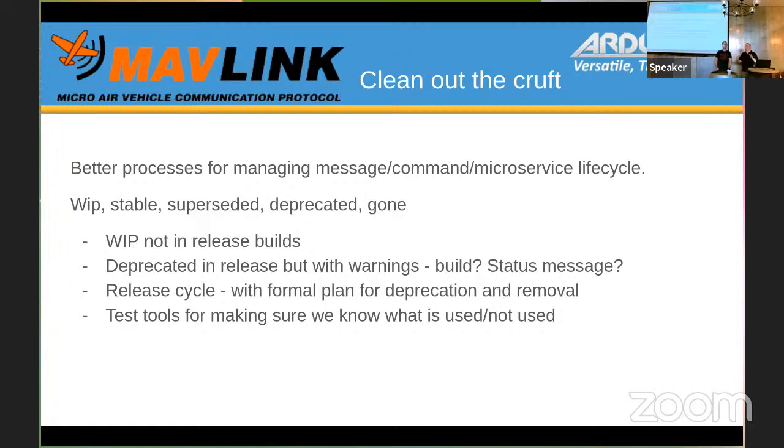So my question is, why have that feedback in a master plan in the first place, if you don't want people to use it? Right. So, and that's why we created development.xml, is to try to provide that buffer for those work in progress messages. But that's still in the master.